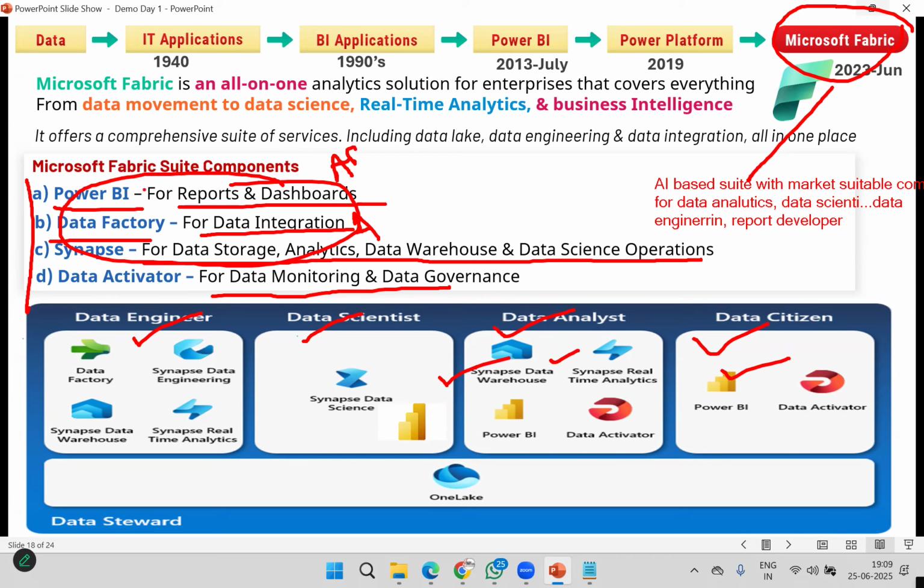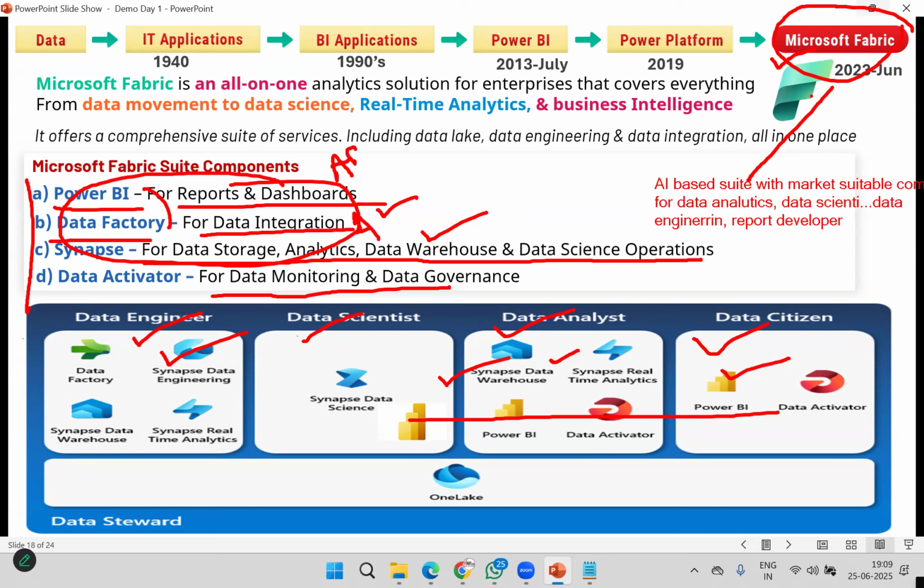If you learn Power BI, you can try analyst, scientist, citizen, and even developer roles. If you learn Power BI plus Data Factory, you can try data engineer and the remaining opportunities also. So my recommendation, in case you want to prefer another component, is Power BI plus Data Factory or Synapse. For current and next, it is good. So simply go to Microsoft Fabric components. Definitely you will get a good market. It already has a market, and you can see the continuation of this market. Fabric is an AI-based solution.